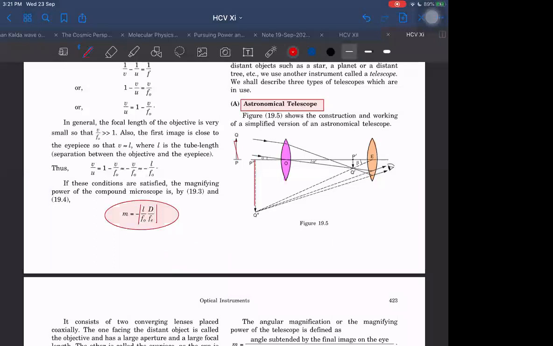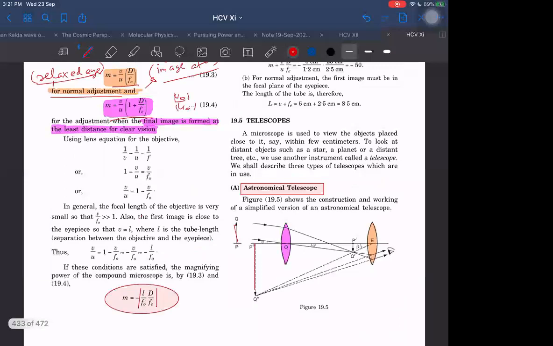So next we have this formula. See here, observe this formula and this formula, compare these two. V by U we are again replacing, but we can remember this also: V naught by U naught. I expect you to remember V naught by U naught into M of the simple microscope. The simple microscope magnification, I already told you, can be 1 plus D by Fe, or D by Fe, or any one value in between these two also.